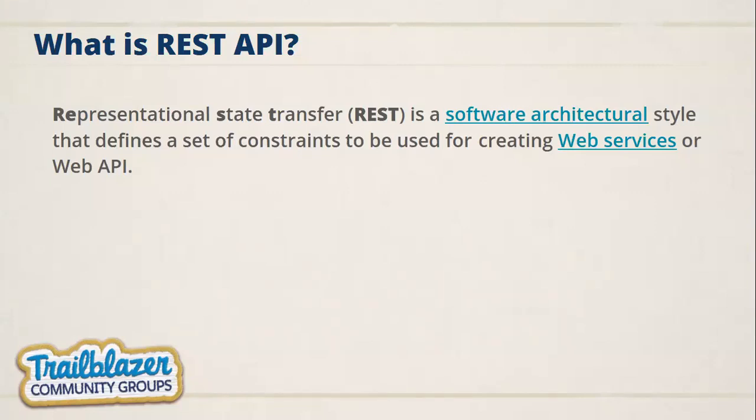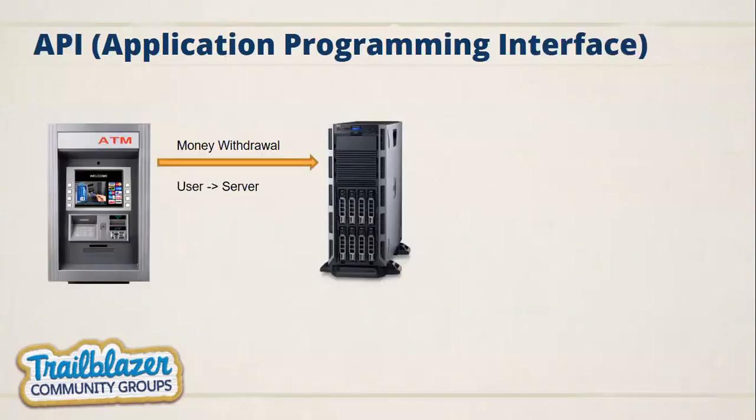So what is a web API? Web API or API, we normally say Application Programming Interface. An API basically helps you connect two systems. The two systems could be anything, maybe client to server or server to server. If you see this example on the screen, we have two systems: one is an ATM and another is a server. When we withdraw any amount from our ATM, we do a lot of operations before withdrawing that.